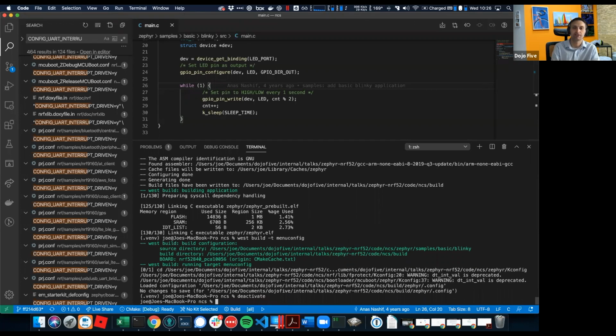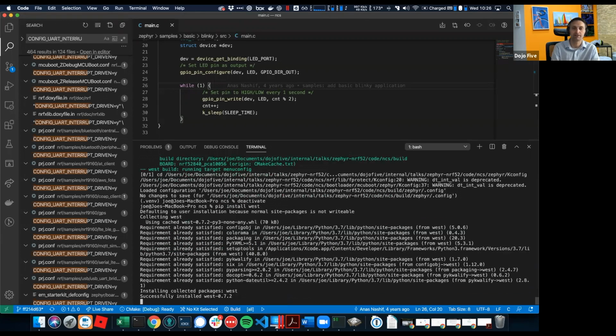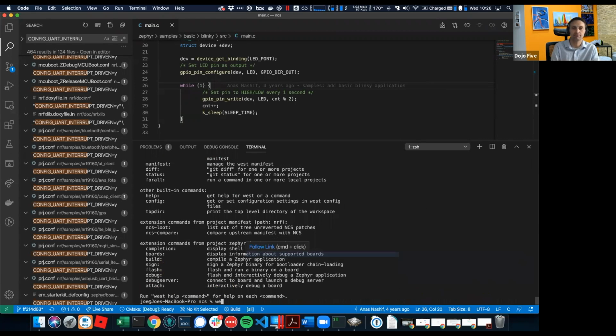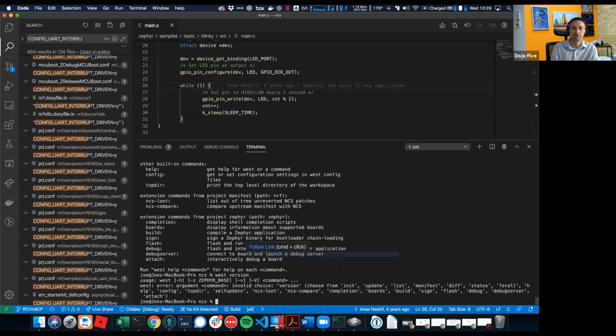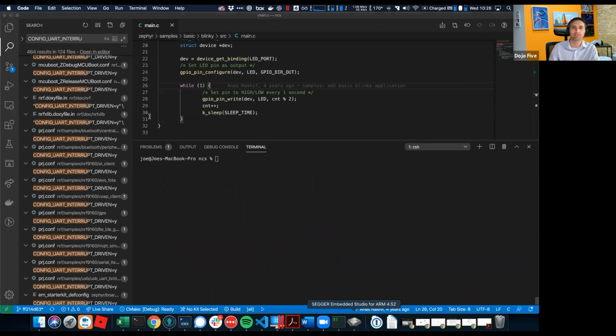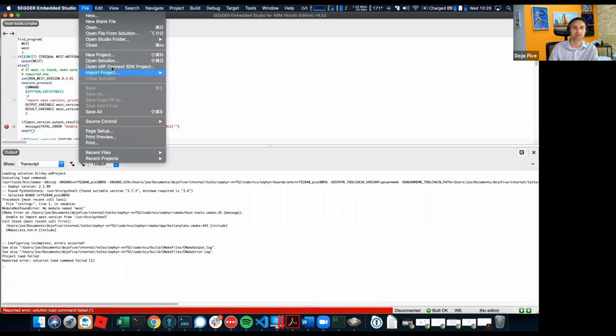So what we need to do is get out of my virtual environment by deactivating and then running pip to install west globally. That's what I don't necessarily like to do, but if you want to use Segger and use its stuff, then that's what you've got to do. I think that was Python 3, right? It must be. So now if I run west, let's see what we get. So now this is a version of west that's running globally, under Python 3.7. This is my global Python installation. So now, with any luck, if we try this again,